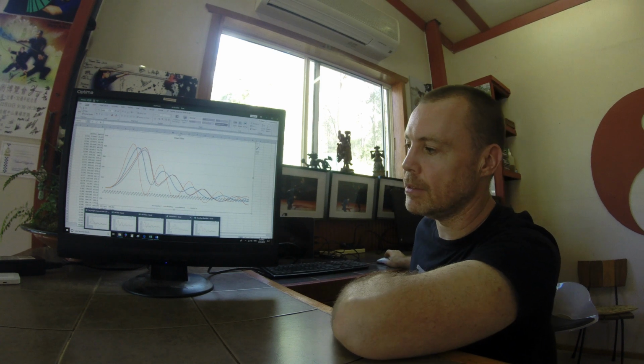As I've said before, it's easier for me to bridge force and energy out without a weapon interposed between me and the target. And these graphs offer some proof of that. As you can see, the amount by which the graphs of my bare hand strikes have been lifted is considerably more than in the weapon strikes, whether the Mace or the Flail. In some of my bare hand strikes, the graph actually remains above the zero axis until the second or third oscillation. In fact, throughout this entire section of the waveform, the impulse being transferred to the target, or in this case the load cell, is positive throughout the whole